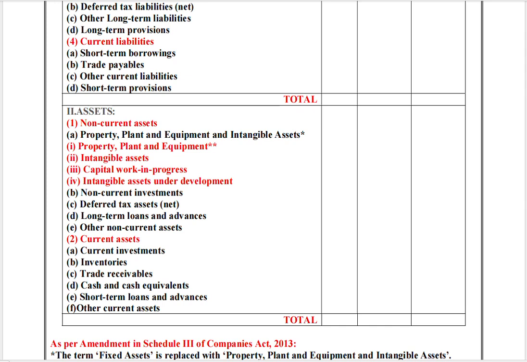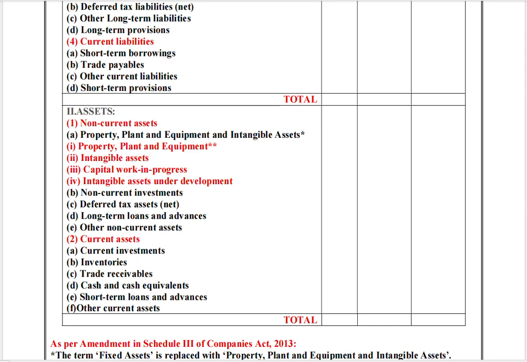Goodwill of the business, trademarks, patents, these are intangible assets. Computer software, websites, these are also intangible assets. Then the third point is capital work in progress, and the fourth point is intangible assets under development. If your software is being developed or a license or permission is in process, in the pipeline, that is under development. Capital work in progress: a building is being constructed, a plant is being purchased, that is capital work in progress. Now the second major heading is current assets,